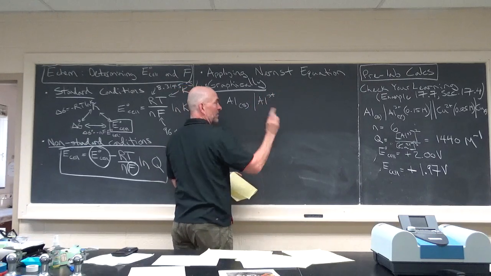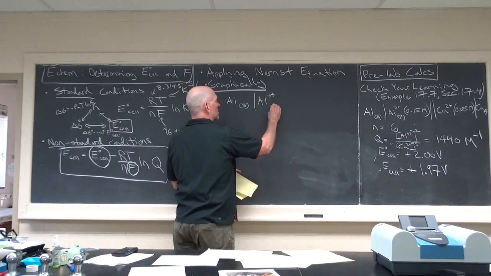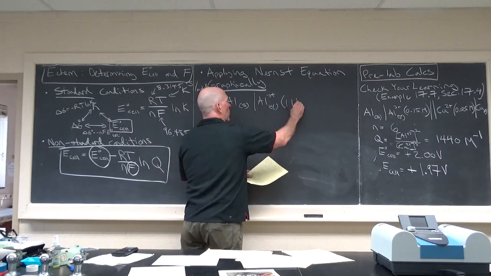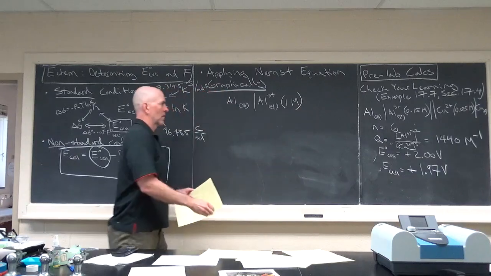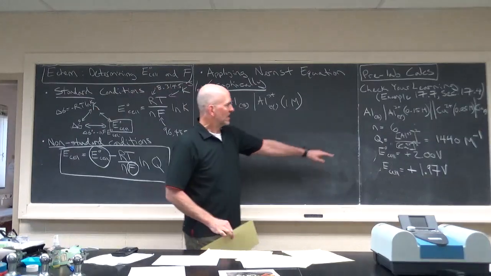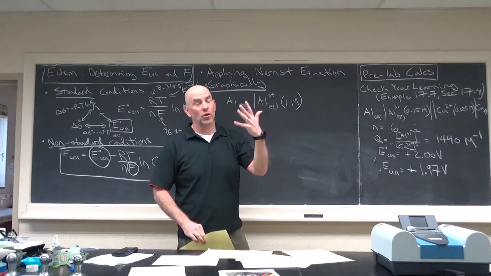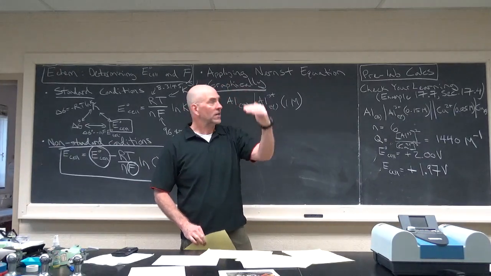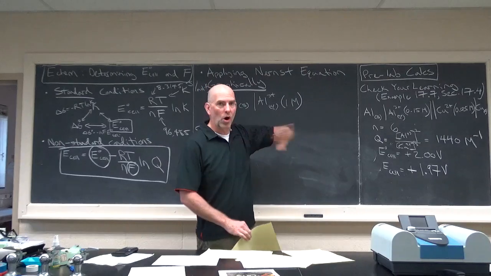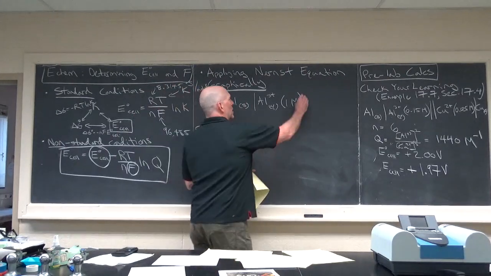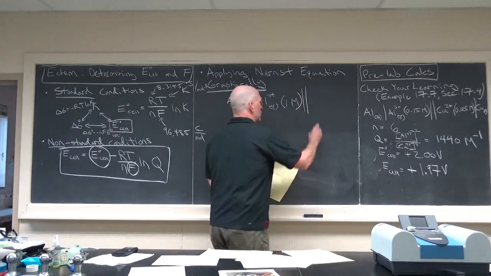In the dry lab, this is the dry lab calculation. We're going to hold this at 1 molar. Why? Because that's just going to make this term, the numerator there, always be equal to 1. It's just going to be constant. Doesn't matter that we square it, it's just 1. So it's kind of a neat little trick. It's not really a trick. And then what we're going to do,